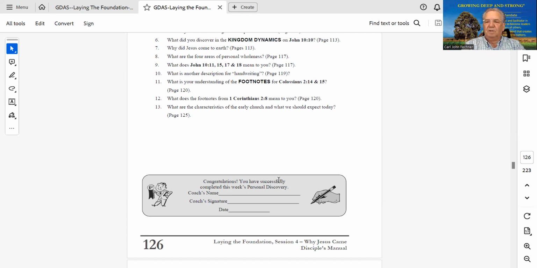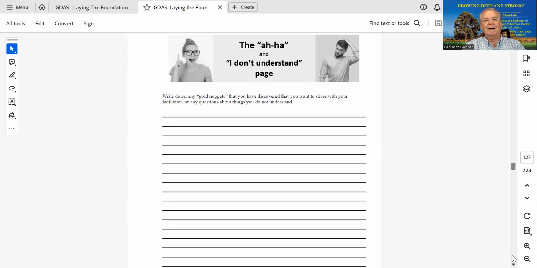The other thing, just one more thing on this page, is I've got an aha, I don't understand page. So if they've gone through the journey on their verbal presentation and they've got questions they didn't understand, they can put it on this page or on their other notes. Most times the answers come when they actually do the study, or they come back for the group discussion. The other half is there could be light bulb moments. Wow, this was fantastic. I didn't know this, right? So that page is great for interaction in that material.